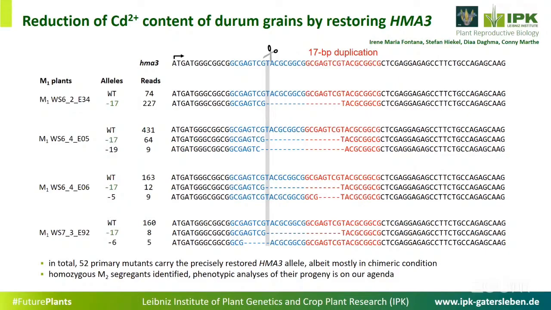And so in total, we have 52 primary mutants carrying this precisely restored HMA3 allele. And now we have homozygous M2 segregants identified, and phenotypic analysis of their progeny will show whether cadmium is less accumulated as compared to the wild type. So,